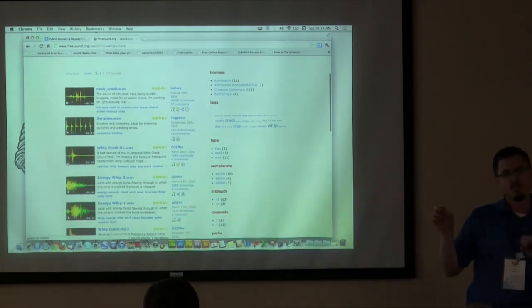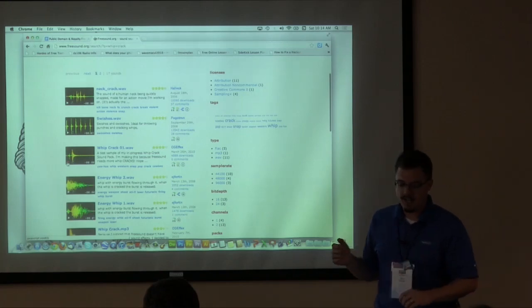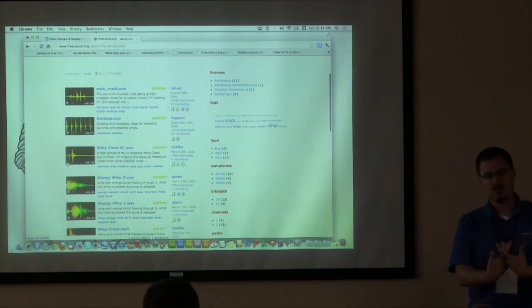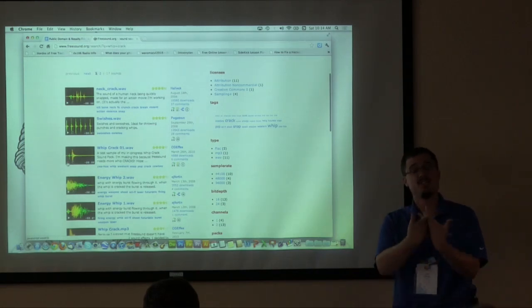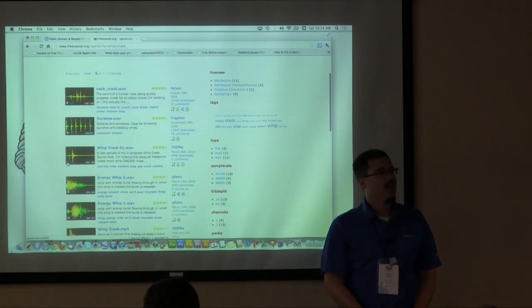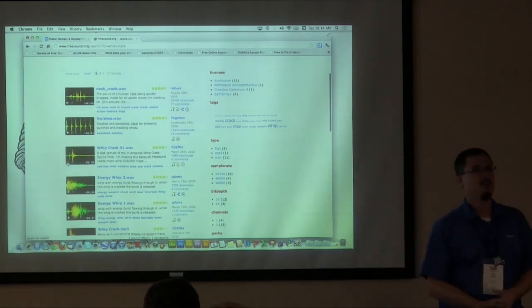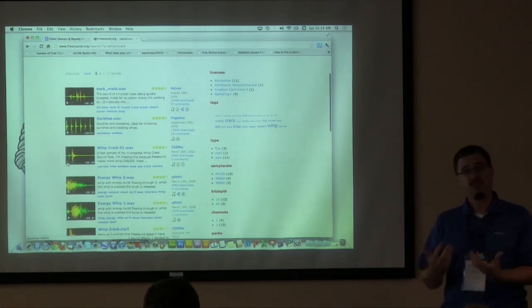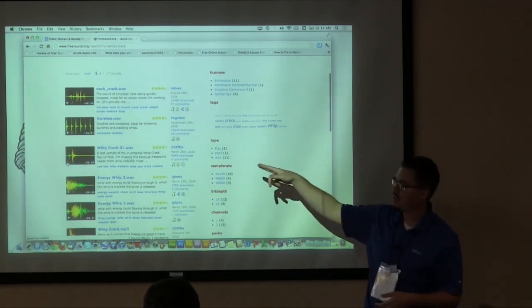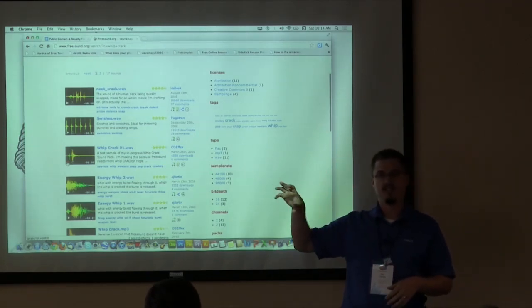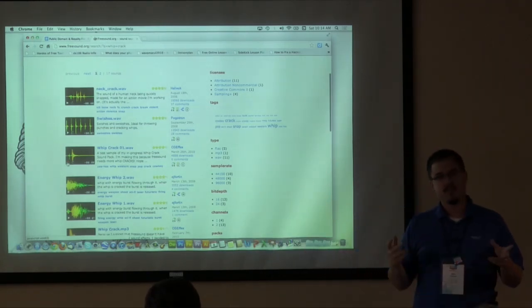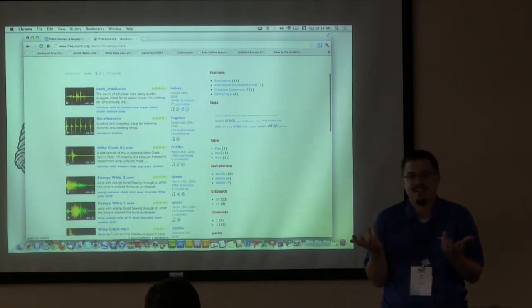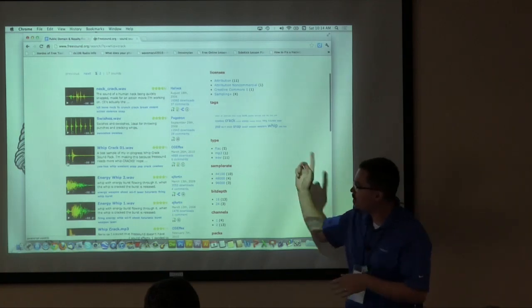I use this a lot because I like to put little sound effects into my screencasts. I was one of the runners-up in the education category for the Screencast Camp Awards last year, and I had this whole motif. I dressed up like a cowboy and everything because I was living out on the wild, wild web, and I wanted to have some fun with it. So I downloaded that whip crack, and at the beginning, during the intro, I had some music playing, and every time I said wild, wild web, the whip would crack, and it was just something fun. So this is really cool,